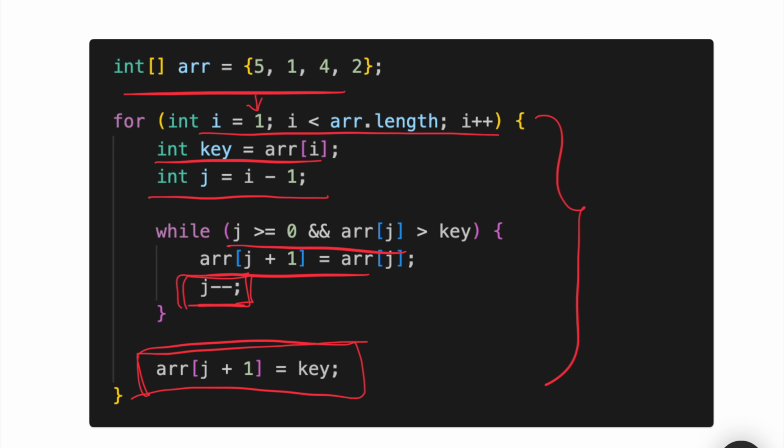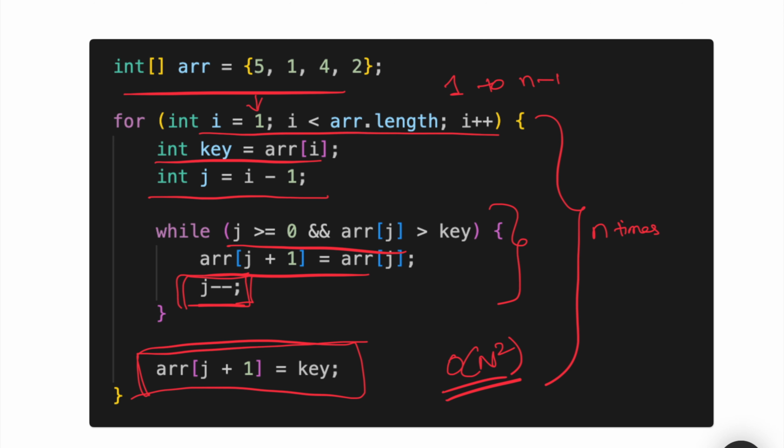So to analyze the time complexity for this one, if you see, this outer for loop will run from index 1 to n minus 1, and again we have this inner for loop. This inner for loop will run at max when the students are in reverse order. So this will also go at max from n minus 1 down to index 0, so this also will run for n times. So the worst case for insertion sort is big O of n square.